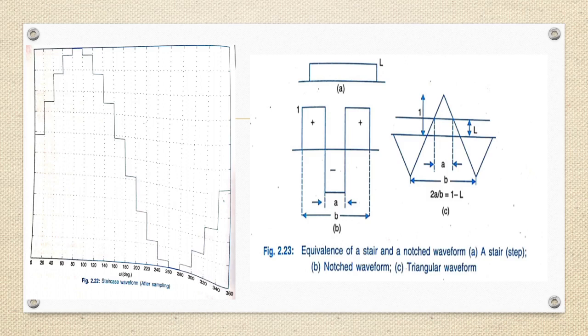So the maximum value of fundamental voltage even with sine pulse width modulation is 0.5 VDC. The maximum value of fundamental voltage for a square wave converter is 2 by pi VDC, and the maximum value of normalized modulation index for sine pulse width modulation is pi by 4, that is 0.785. So by injecting a third harmonic which is 1/6 of the fundamental, it is possible to increase the M value, that is, it will be given by pi by 2 root 3, that is 0.907.